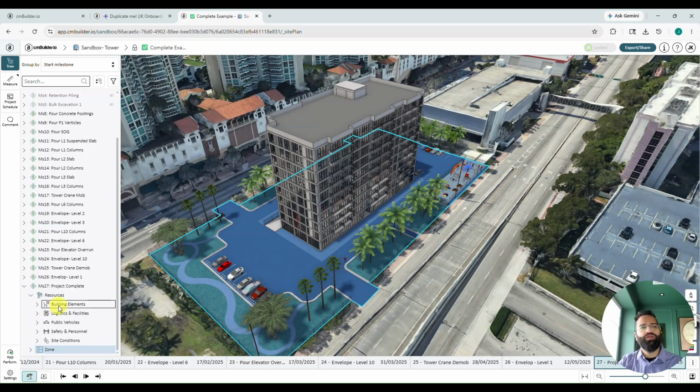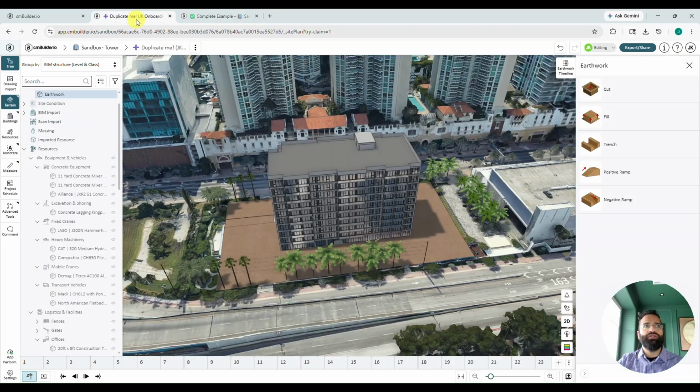If I expand my resources, we can grab our public vehicles, maybe some logistics and facilities, and some building elements. So then right click and copy, and then head back to my duplicate me scenario,